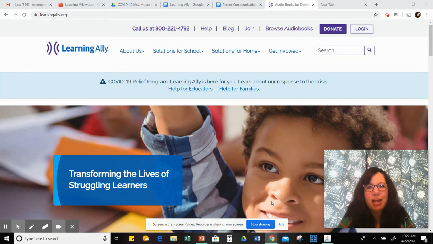Learning Ally is an incredible opportunity for our students to enjoy literacy, to access information and stories about their very favorite things, and to use one of the most powerful tools that our country has right now for children. As you can see, if you look up in this corner,